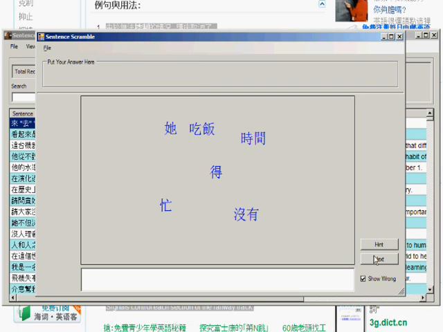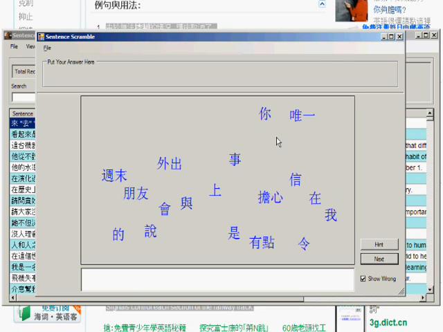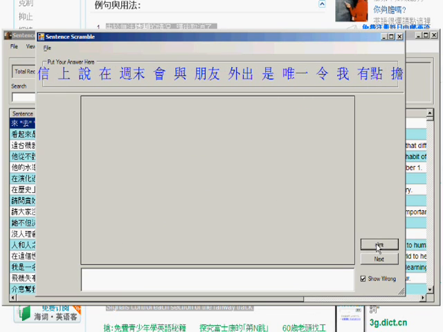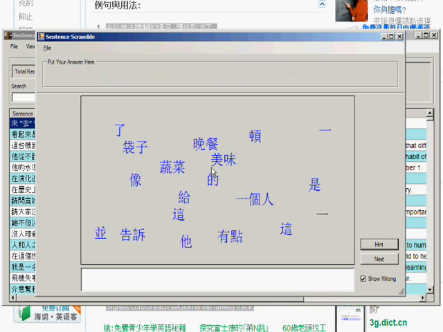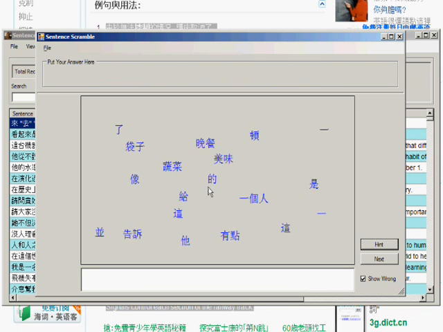Okay, there we go. So there is no way I'm going to be able to solve this original sentence. So I'm going to cheat. I'm going to come over here and hit hint, hint, hint, hint, hint. Yay! So you can see I can resize everything and kind of drag them and figure out what the original sentence is. So anyway, this is really, really good practice.